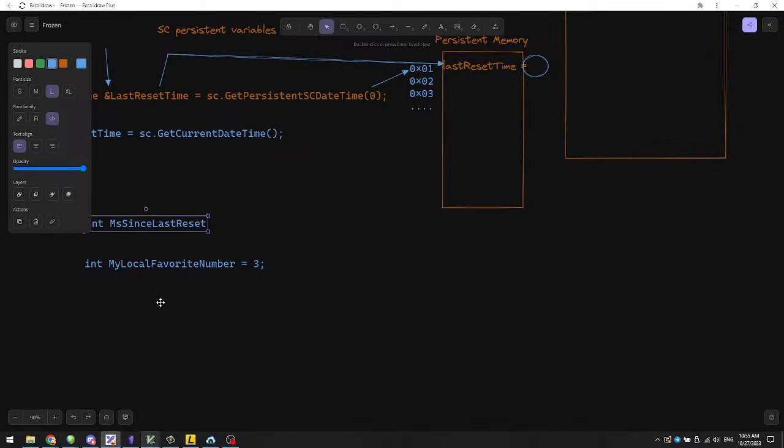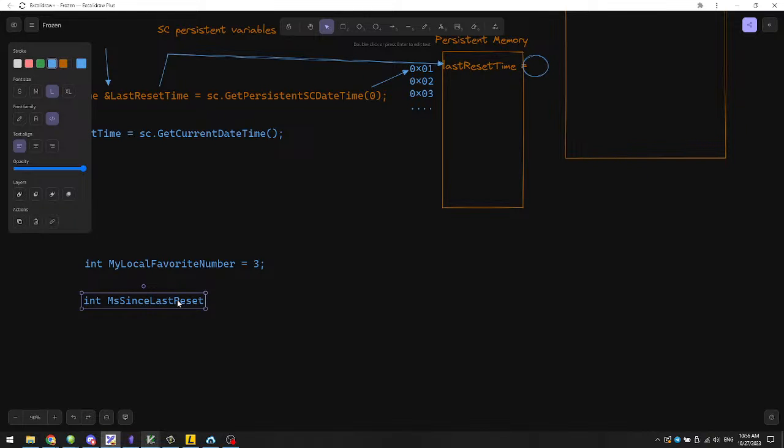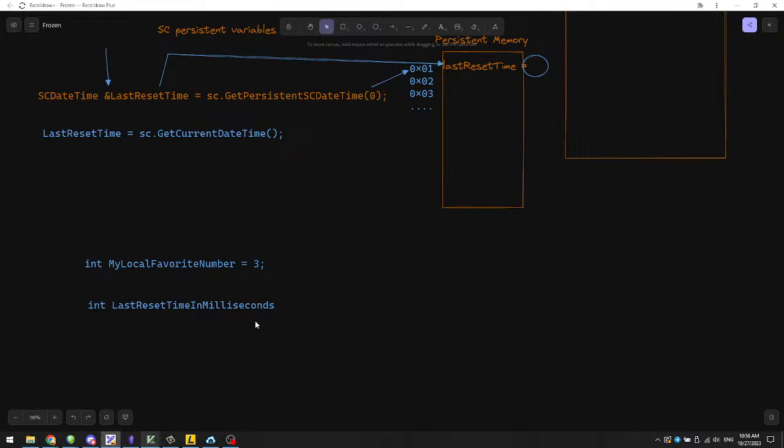I'm more saying that if you wanted to build it a different way, you could build it out saying, hey, milliseconds since last reset. Or what you could do, you know what, actually, here's another one. Let me do last reset time in milliseconds. That's another way you could do it. You could convert this SC datetime using the get as milliseconds function into milliseconds,